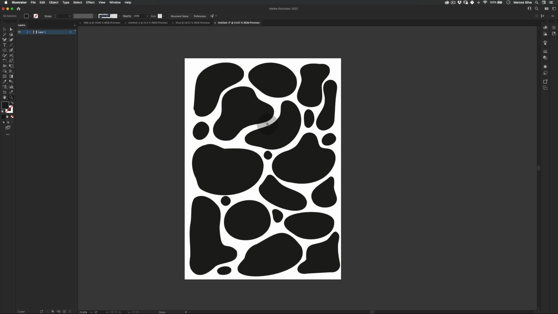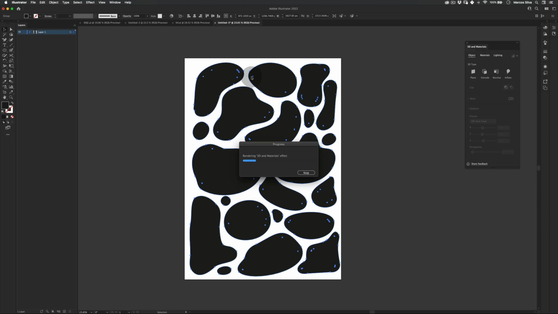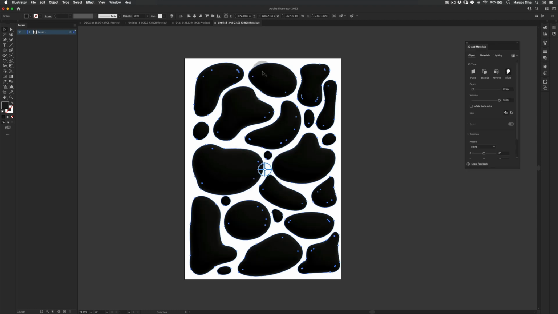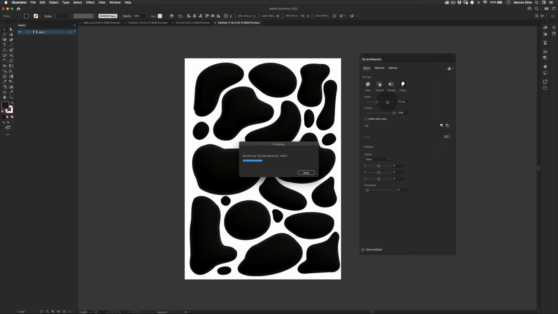We're gonna apply the 3D effect and then we're gonna apply this really nice cool texture. So let's go with our shape selected here. Let's go to Effect, 3D and Materials, and then we go to Inflate. Let's just wait a little bit. It needs to render really quickly. Perfect. Where is my 3D tab? Oh, it's here. So I'm gonna open this tab a little bit more, so I can see it, and I'm gonna increase the depth of the